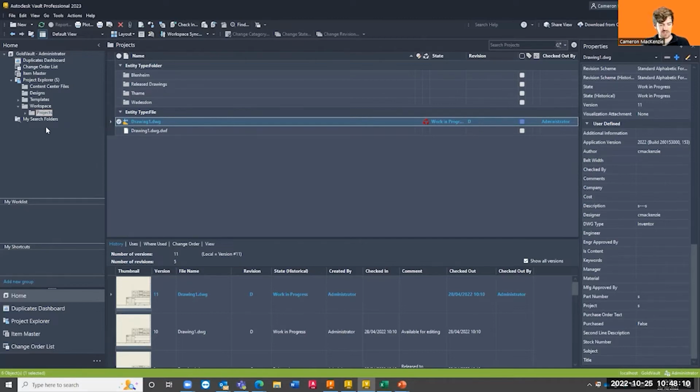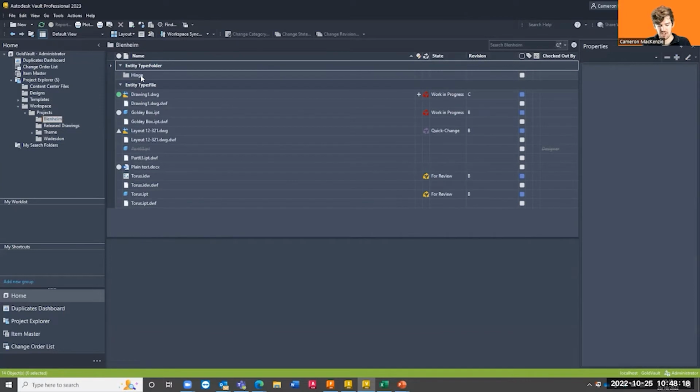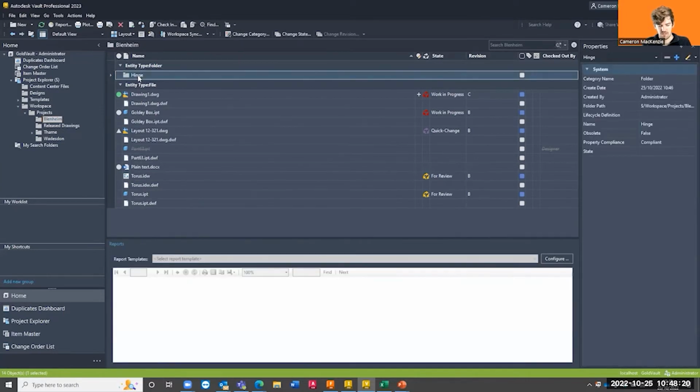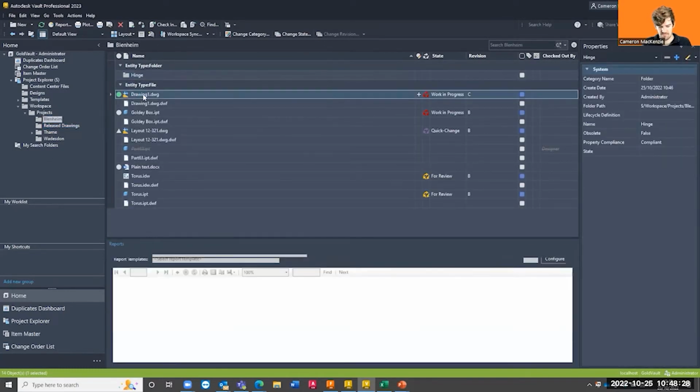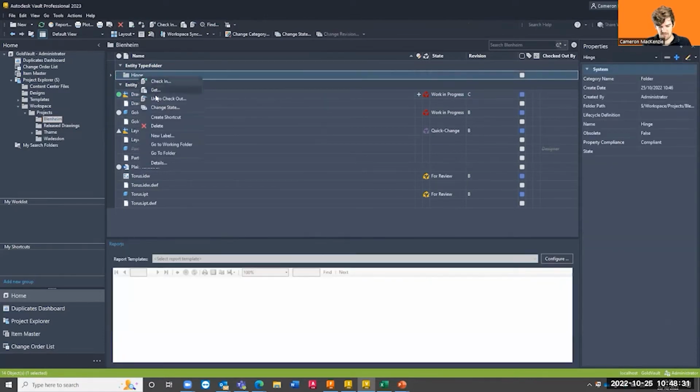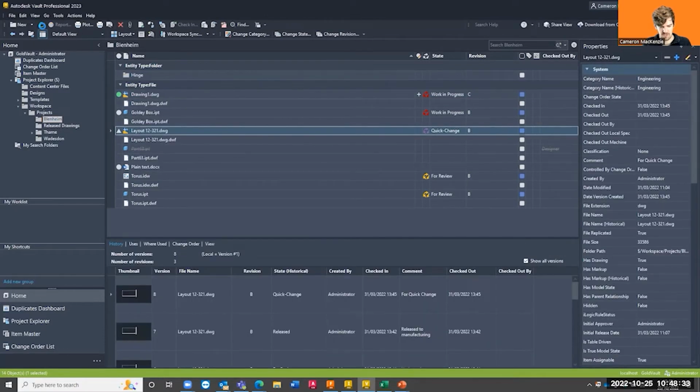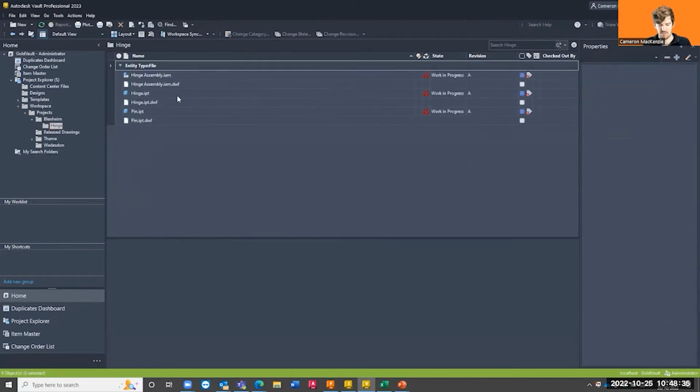Now, if I go into the project or the folder structure that I was saving this previous file into, so it was in the Blenheim Hinge subfolder. If I double click on there one more time, it should open. Another time, not opening today. Let me just do a refresh quickly, see if that makes any difference. There we go, cool. So now that I've got that one there,